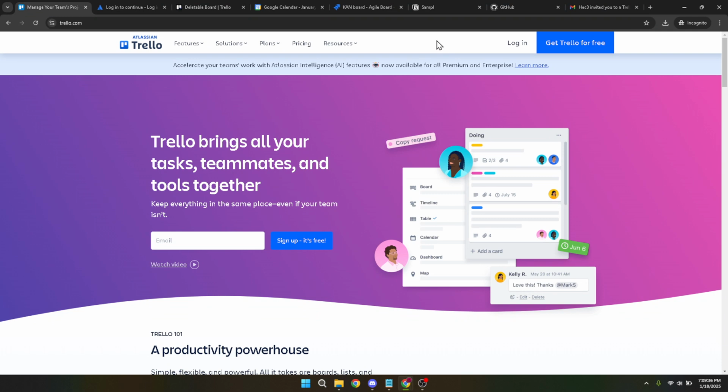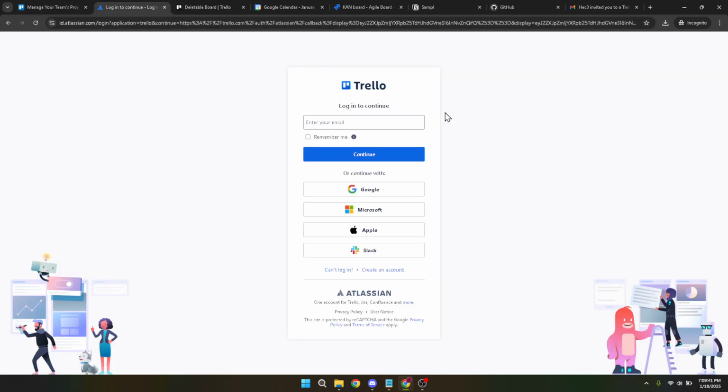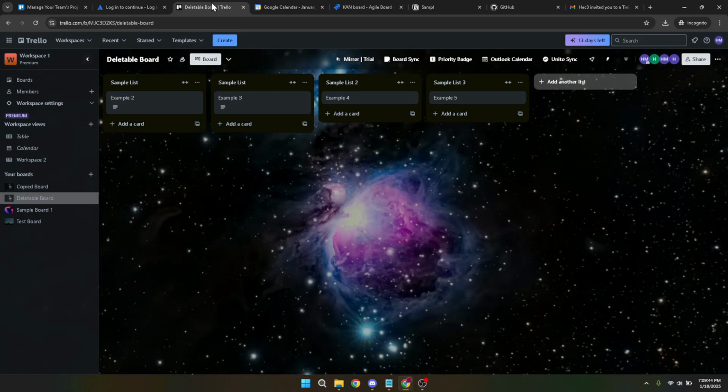First, you'll want to begin by logging into your Trello account. It's quick and easy. Once you're on the Trello login page, click on Log In. If you're accustomed to using your Google account for streamlined access, simply click on the Google option and select the account you want to log in with. Once you're logged in, navigate to your board. It could be any board, but for this demonstration, make sure it's one where you want to set up your